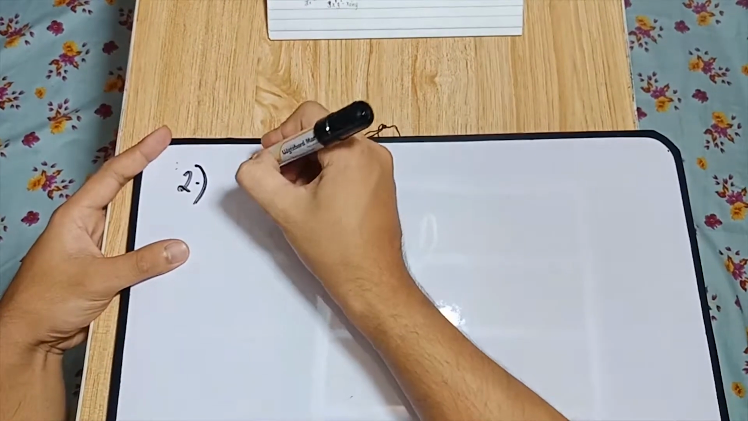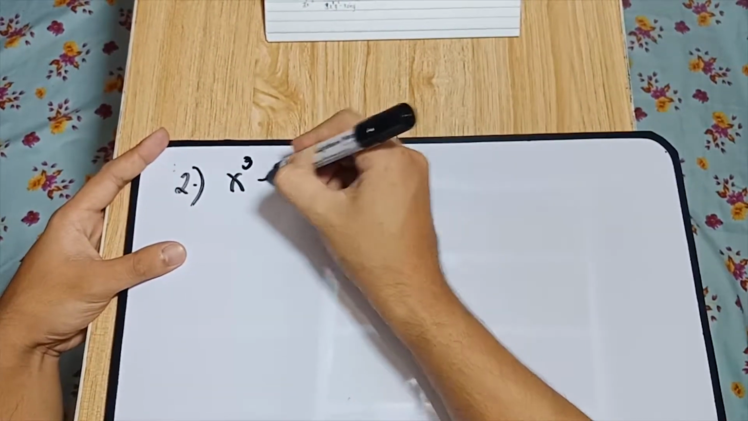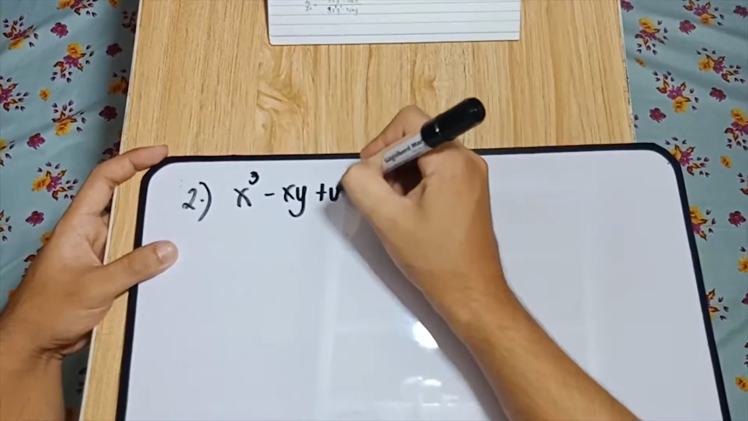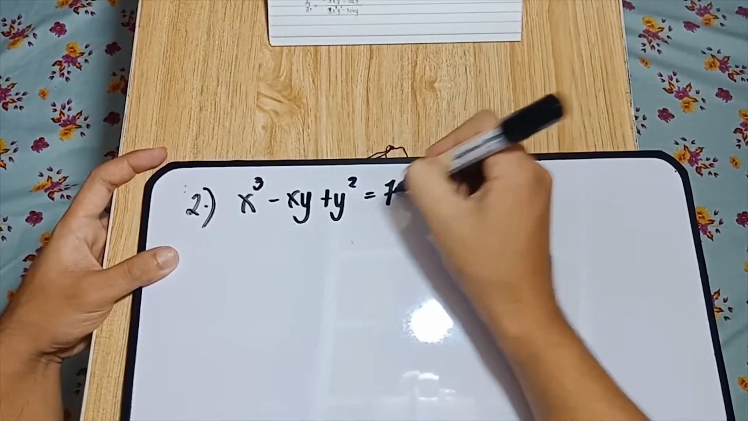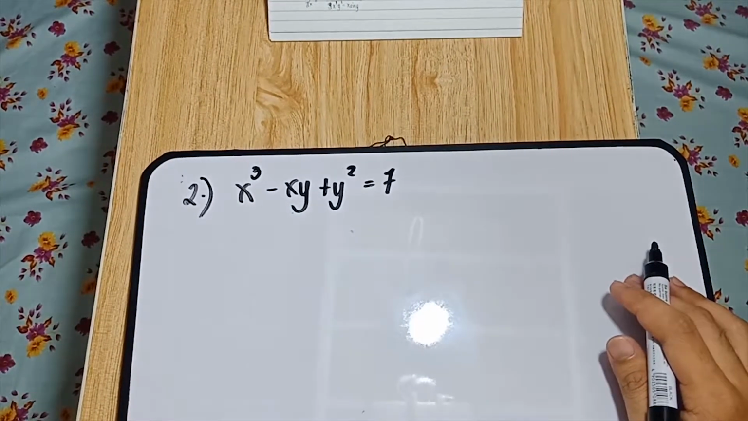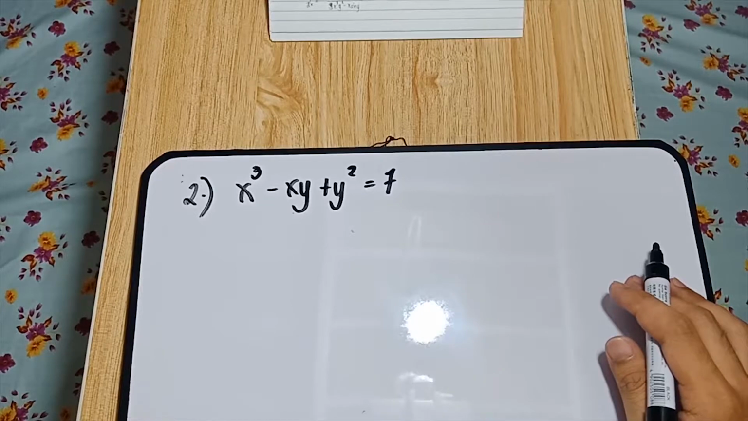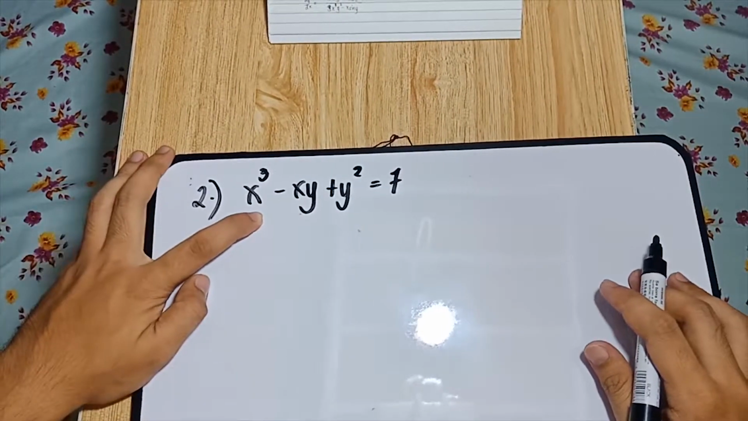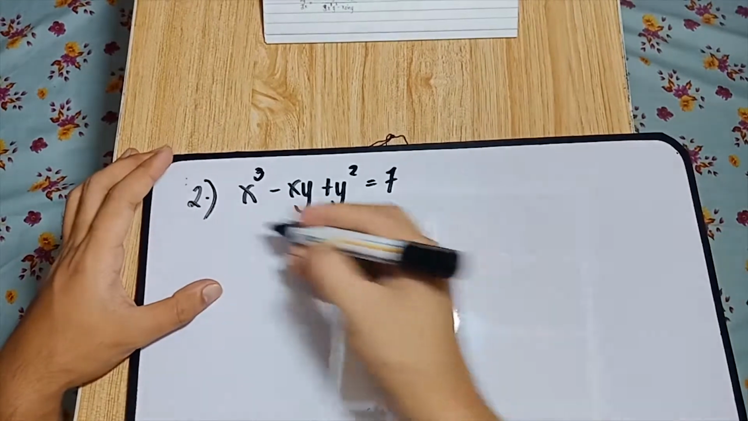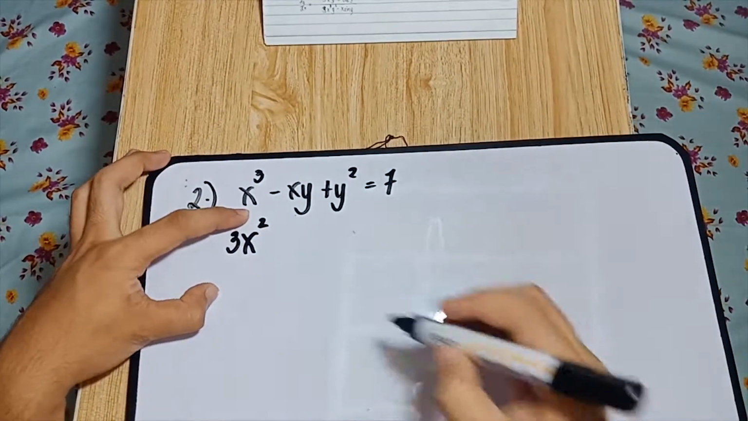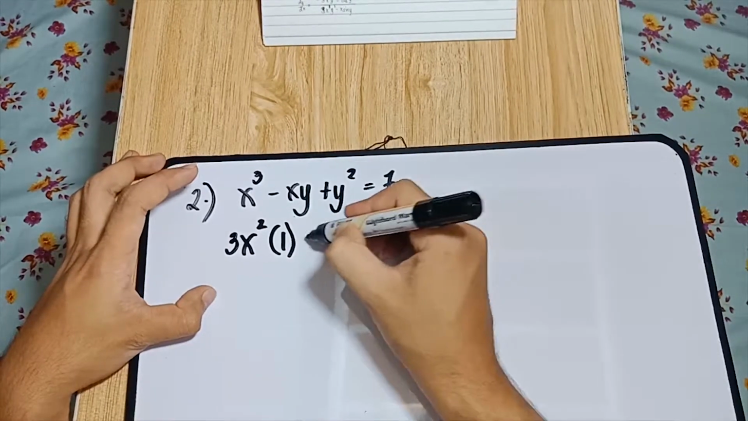Let's have x cubed minus xy plus y squared equals 7. So again, to be able to differentiate, let us apply the different rules of differentiation. The derivative of x cubed, let us use power rule again. So that will be 3x squared multiplied by the derivative of x, which is 1. Minus